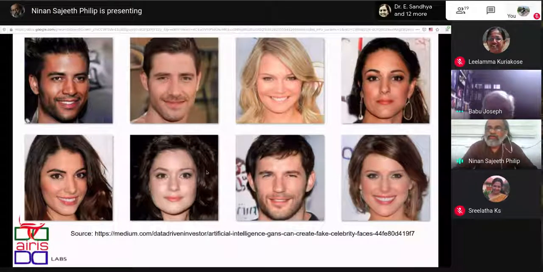In fact, there are systems which will be able to generate according to your specification. If you say that the person should have gray hair, it will give it gray hair. If you say that the person should smile like this, he or she would smile that way. So all these things are now possible because machines have started to understand the scenario or the language in which we try to communicate with them.